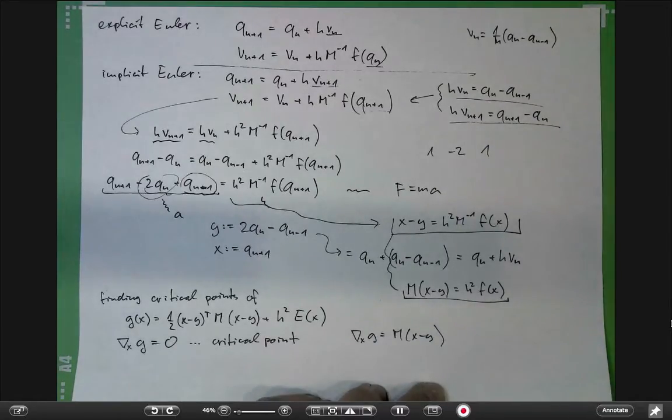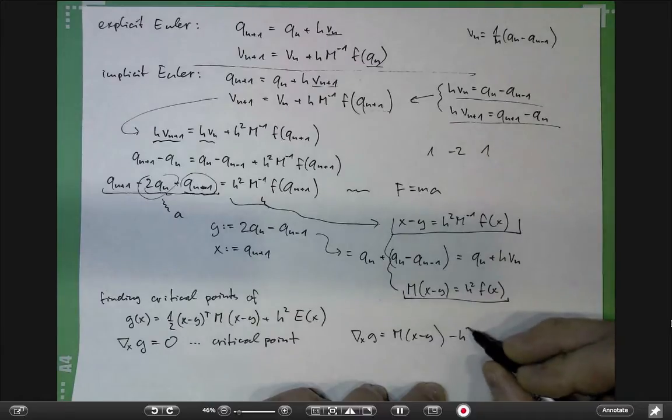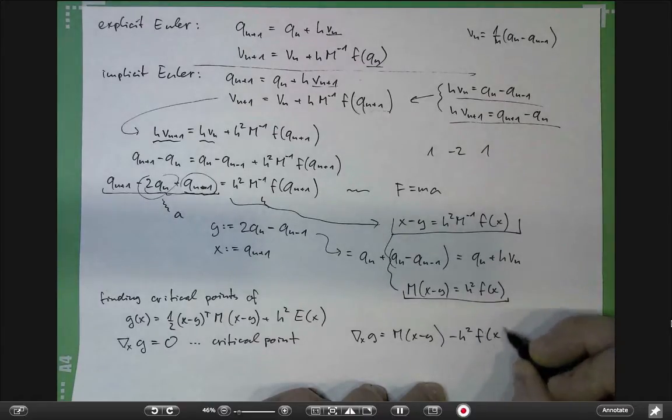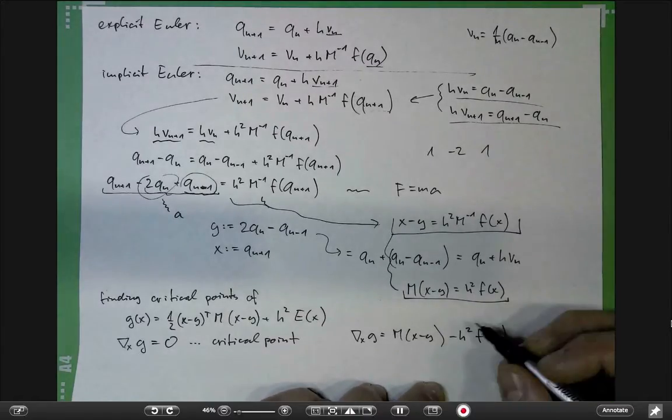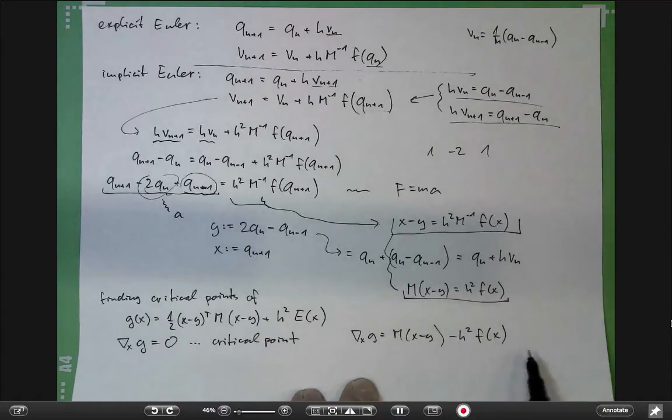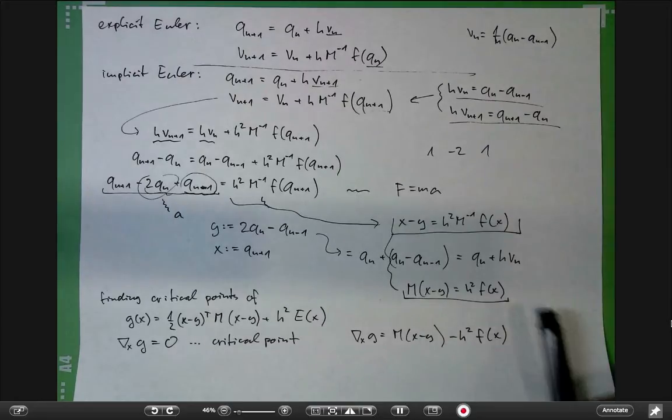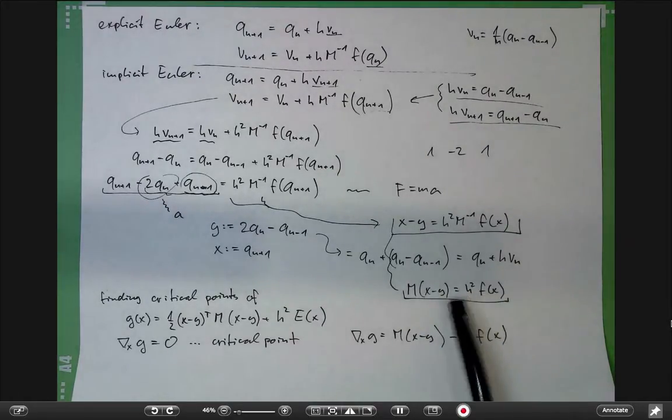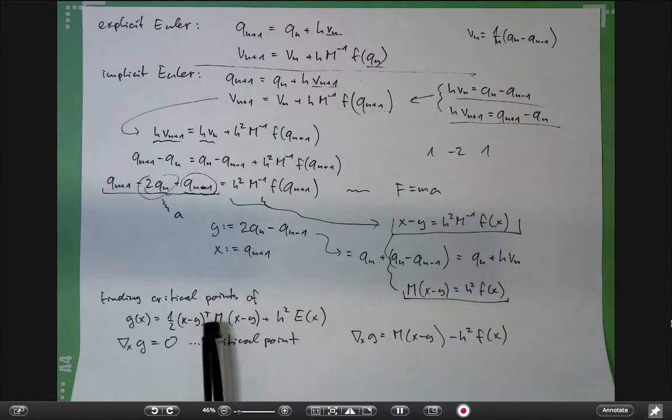What is the gradient of e? It's minus force, right? So this is minus h squared force at x. So clearly, if I set this to 0, I am back at this equation. So indeed, these two problems are equivalent. Problem 1 being solve the system of 3m nonlinear equations. Problem 2 being find critical points